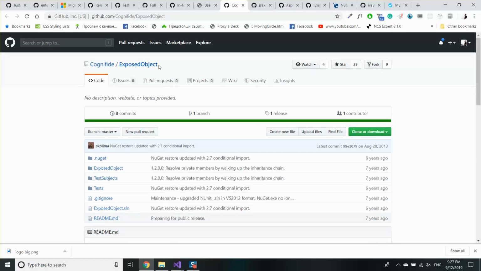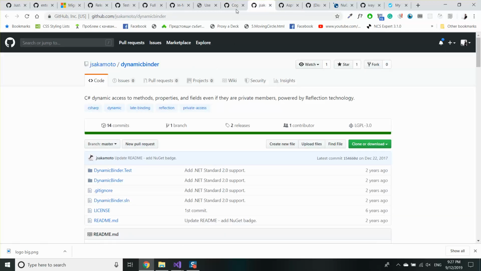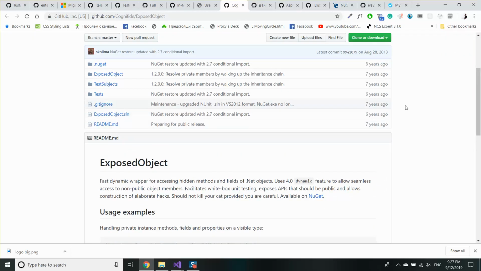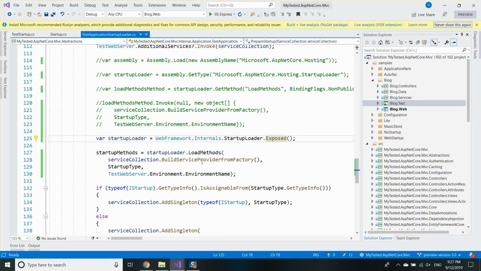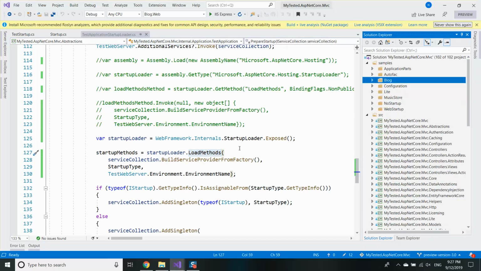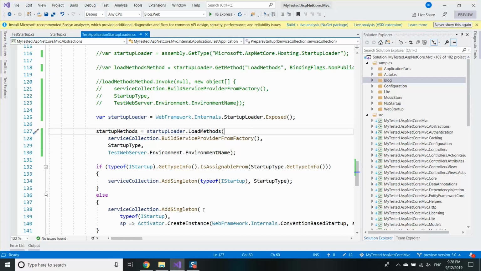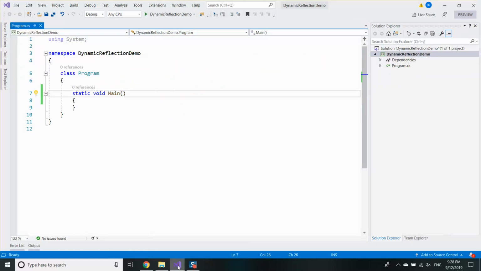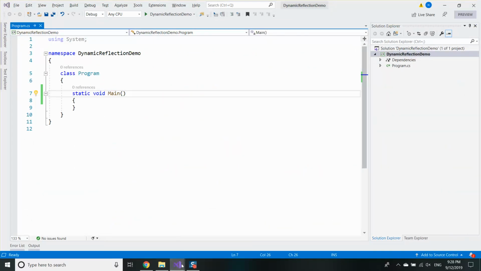And there are some ready-to-use solutions about this problem. Exposed object, which uses the same technique. There is another solution, and so on. These solutions were too huge, they were having a lot of features, and I only needed to call methods and properties that were internal to make my library work again, so I decided to implement my own version of this. And now I'm going to show you how to do it. But I will show it first like a small separate demo. It will not be part of